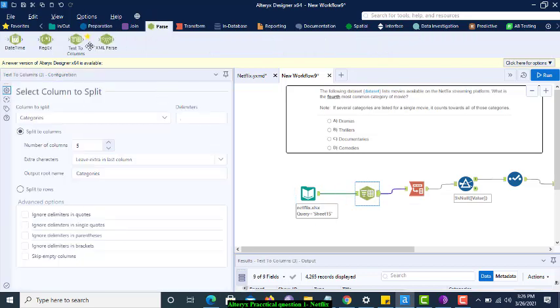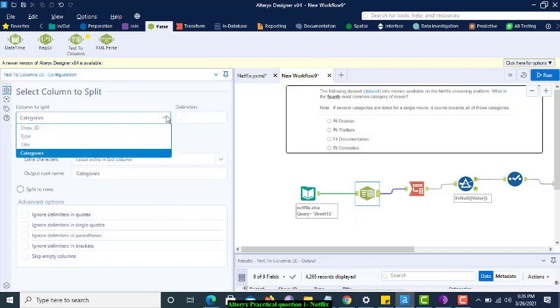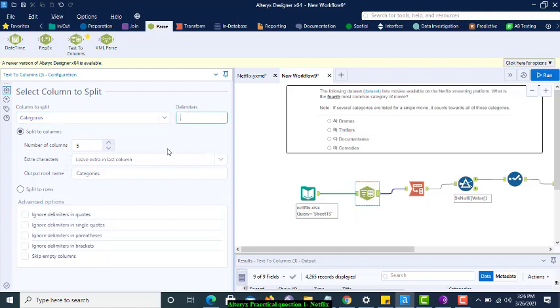From parse you can take text to columns. I have taken categories, and in the delimiter I have given comma, and I put in 5. Not more than 4 values are there, but to be on the safer side I have taken 5, and then I have run it.